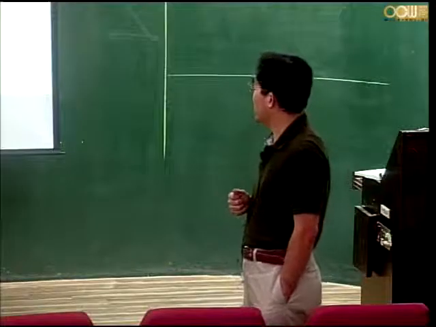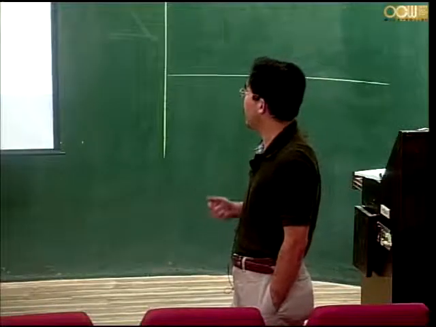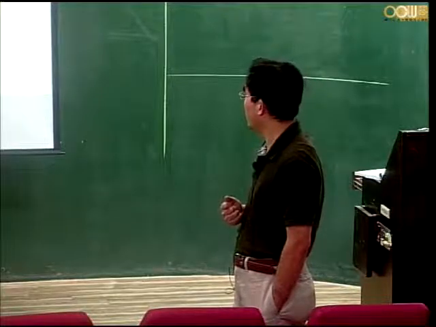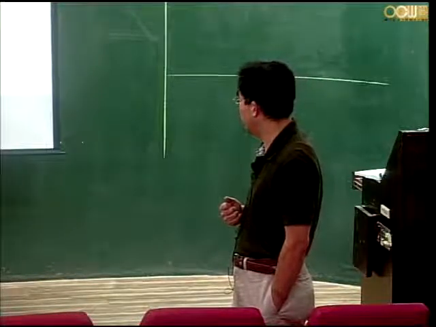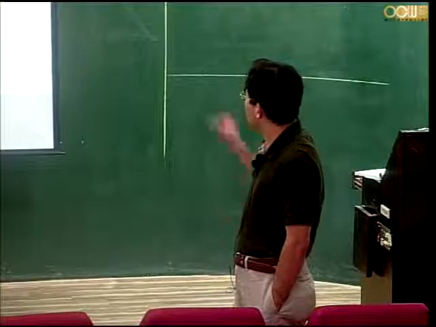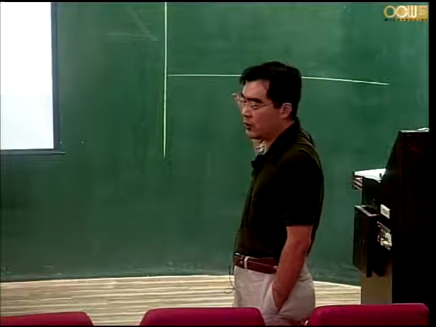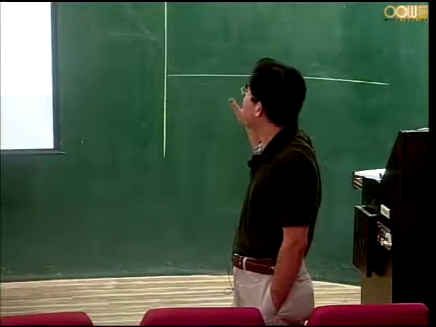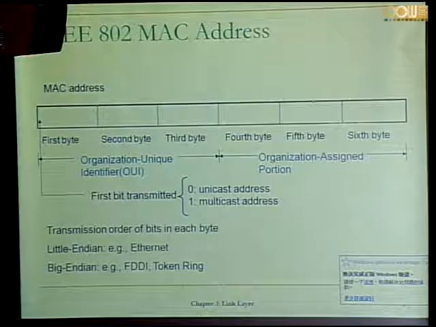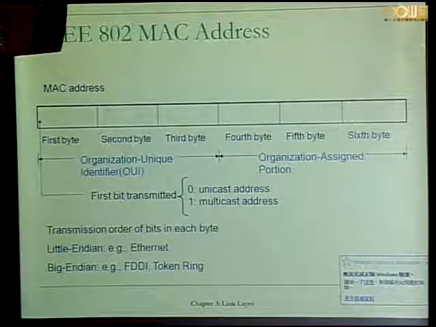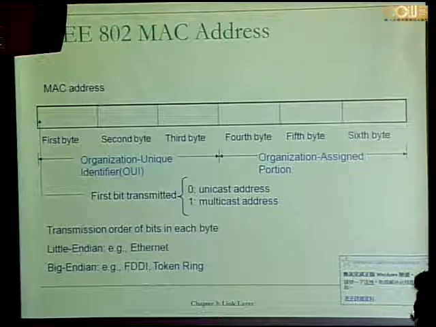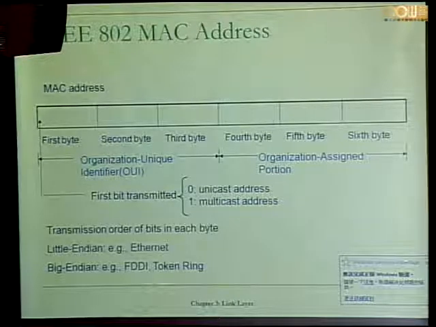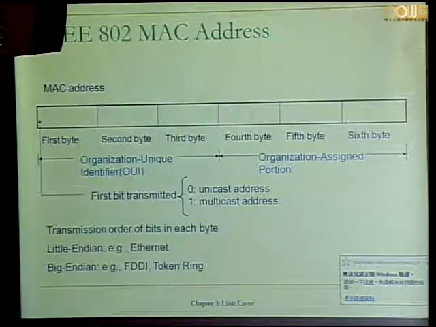So a manufacturer might get one or several OUIs, organization unique identifiers. And then the manufacturers of the interface card can generate the organization assigned portion, the remaining 3 bytes,